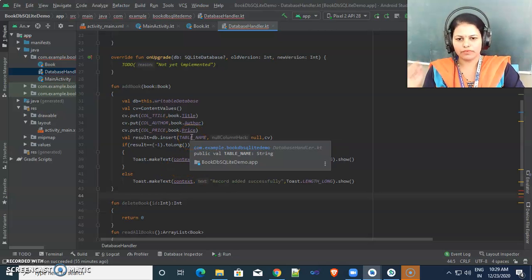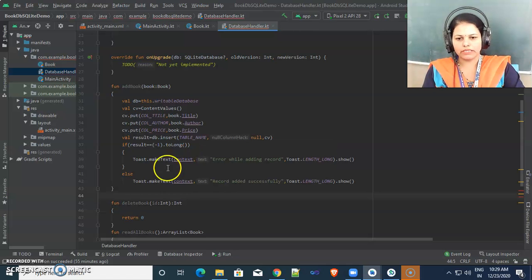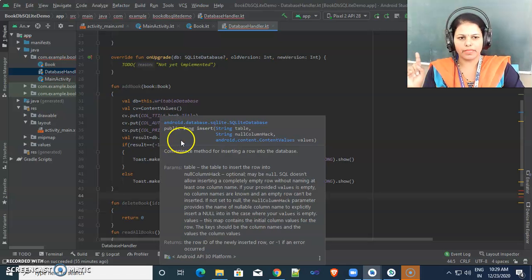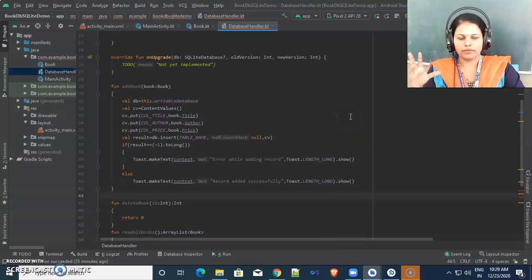If it gives me any result other than -1, then the record will be added successfully. Here we are not able to pass this book object directly inside this insert method.